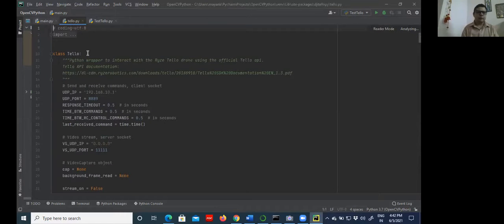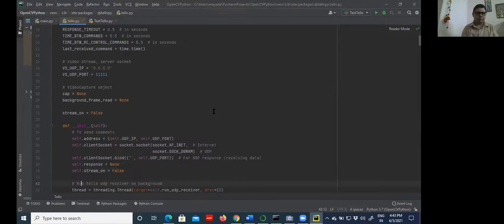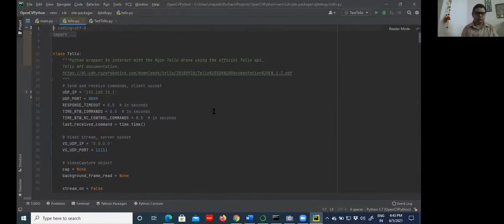Now we have another library function I will discuss with you. Before going for the programming details, I want to explain this particular file, that is tello.py. This file will be imported in any of your files. All the functions of this file will be used for controlling or flying the drone.